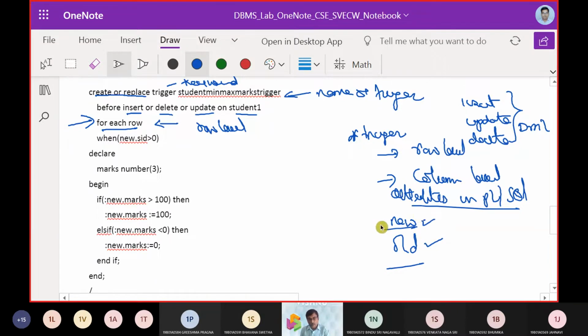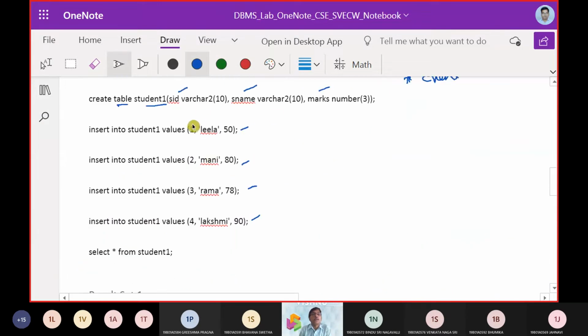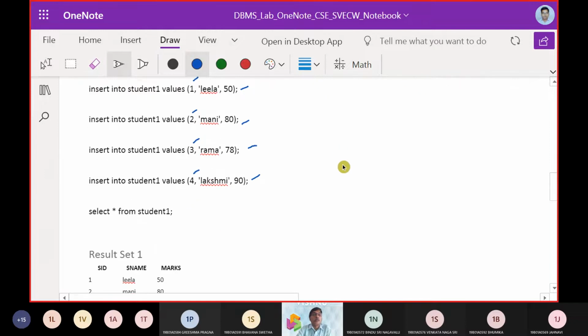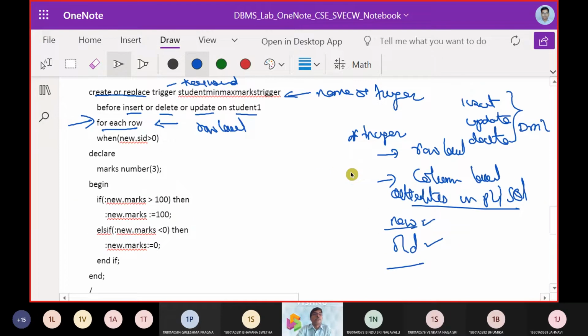We are going to use these 2 key constructs, new and old. So for each row, when student ID is greater than 0, now you can see that student ID is 1, 2, 3, 4. All the 4, they are greater than zero, right? Because student ID is 1, 2, 3, 4, so they are greater than 0.